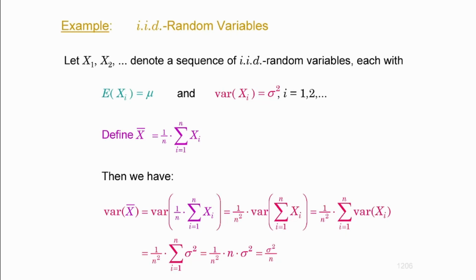So what you see is that the variance of the sample mean, in contrast to the expectation, is not equal to the variance of the respective random variables from which the sample mean was generated. This indicates that it is going to decrease with the sample size. So the variance of the sample mean decreases with the sample size. It's a very important result, by the way. And to get there, I was using the expectation and variance of linear transformations and sums.